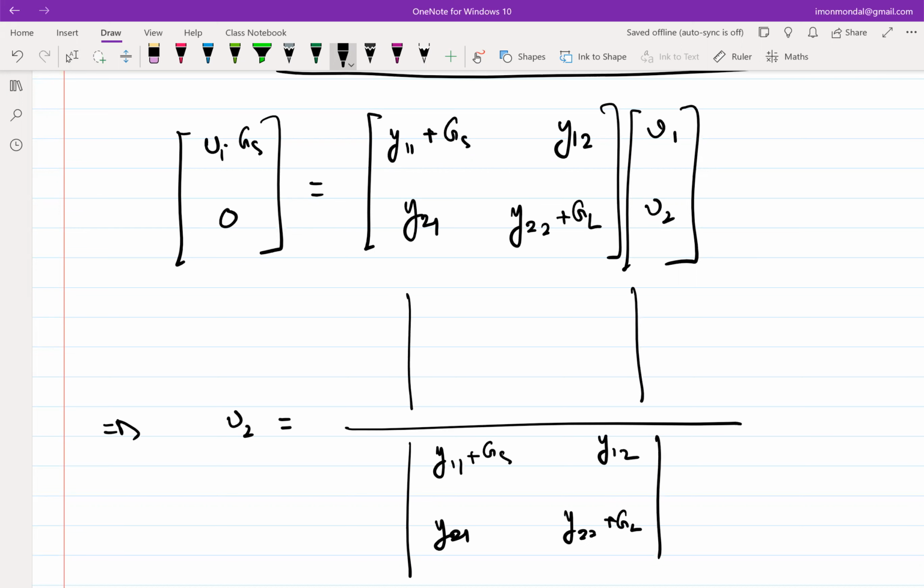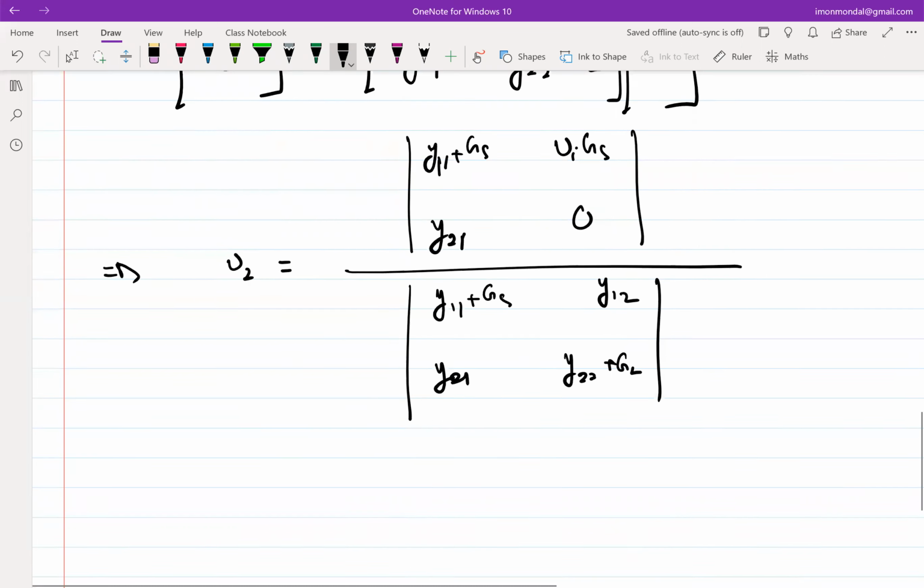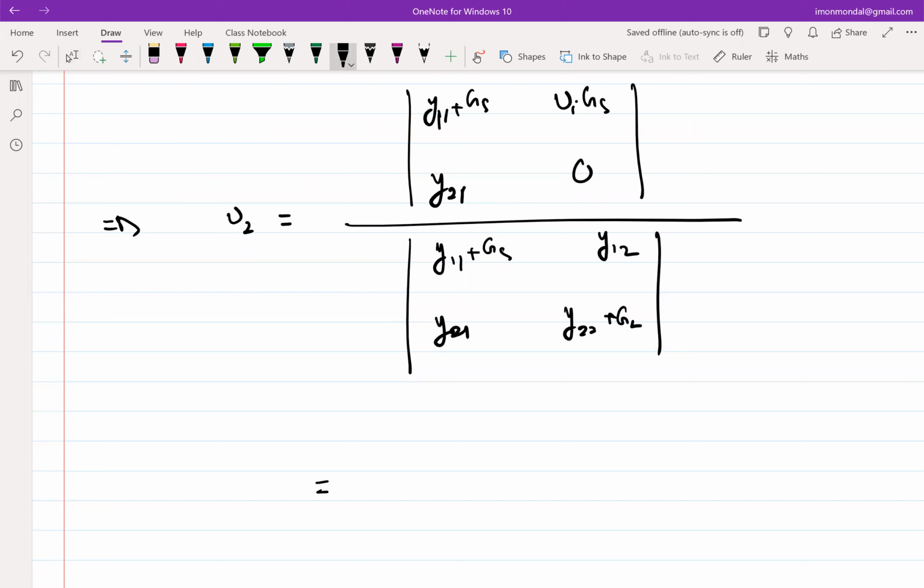And what do I do on top? You know Cramer's rule? Okay. So the second column gets replaced, right? So this becomes, so this is minus